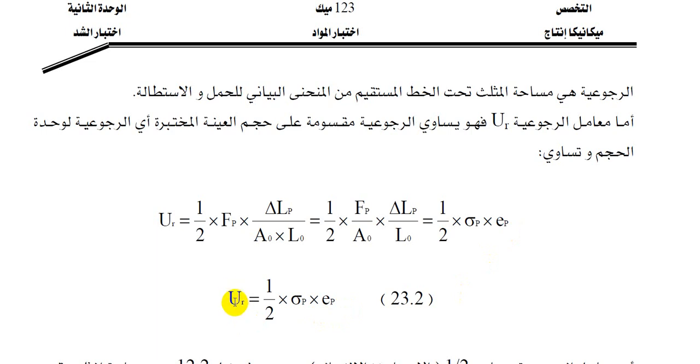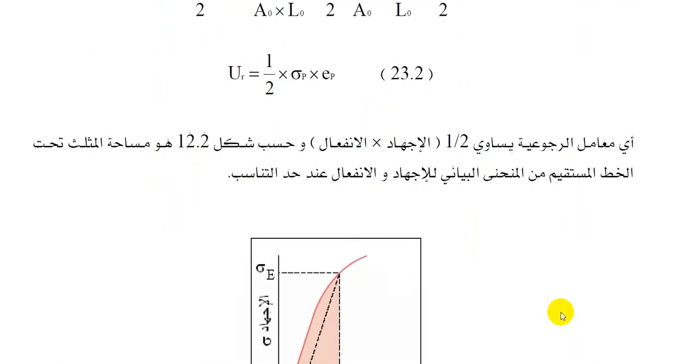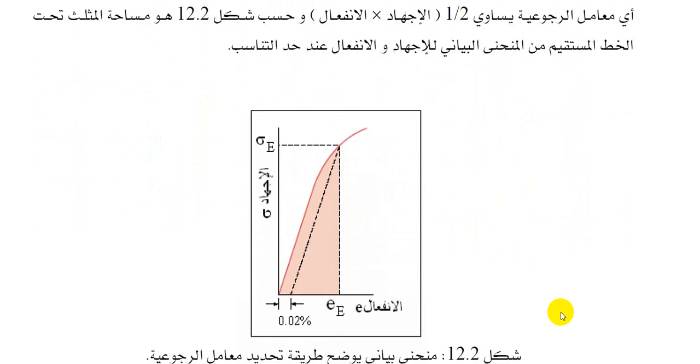For the modulus of resilience, U equals 1/2 times stress P times EP. Stress P is the stress at the proportionality limit, times EP, the strain at the proportionality limit. This is exactly equation 23.2 of the course to be considered. Which means the modulus of resilience equals 1/2 stress times strain,